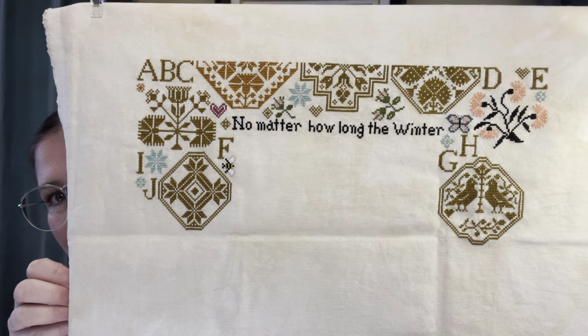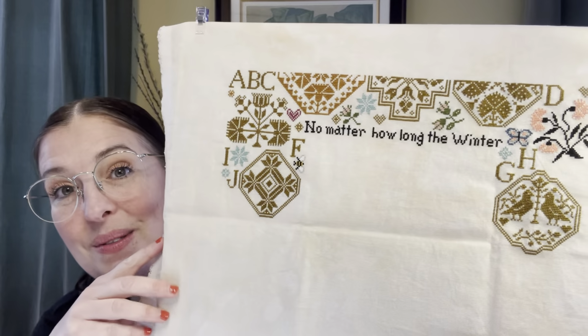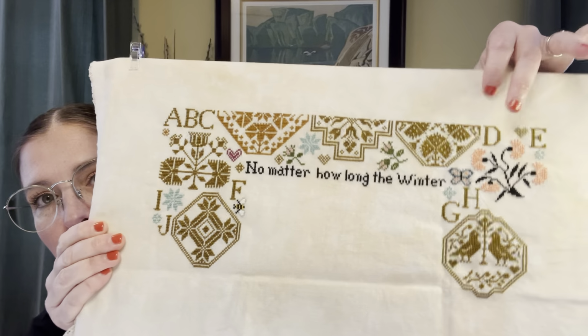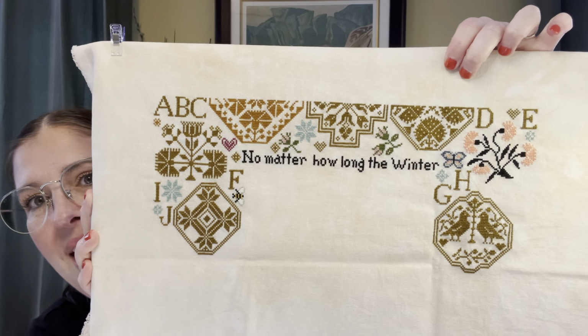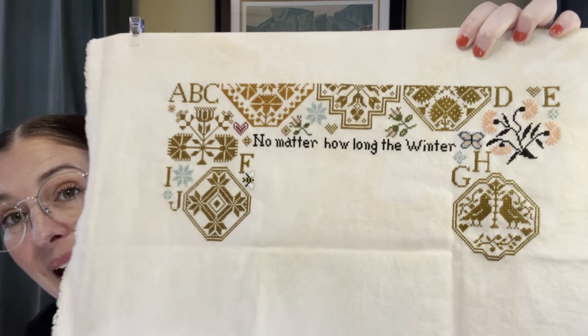I'm so proud of this one. It's coming along so quickly. One thing that shocked me about the design, when I got to these beautiful flowers here, I saw that it called for the stem of the flower. It called for 310 black, and this pink color for the petals, that part didn't surprise me, but the black,